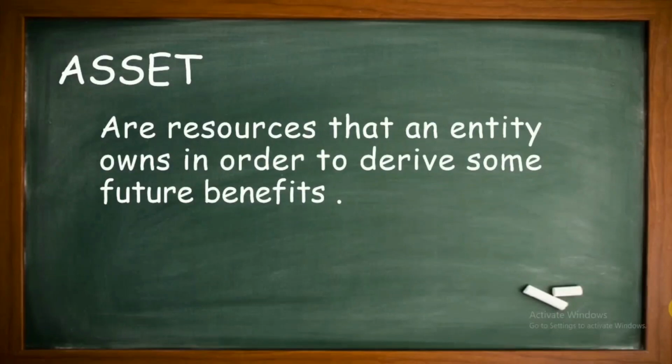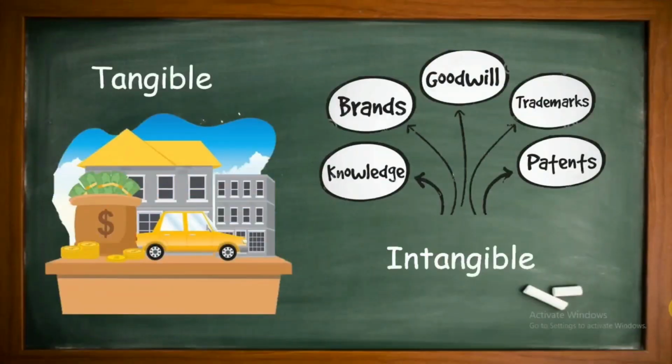So asset, ito yung mga mahalagang bagay na pag-aari ng isang kumpanya, tao o bansa. Ito ay maaaring tangible na mahawakan physically like cash, inventories, vehicle, equipment, buildings, and investment. At ang asset din ay maaaring intangible asset o hindi nahahawakan or incapable of being touched. Include knowledge, brands, goodwill, trademarks, and patents at iba pa.